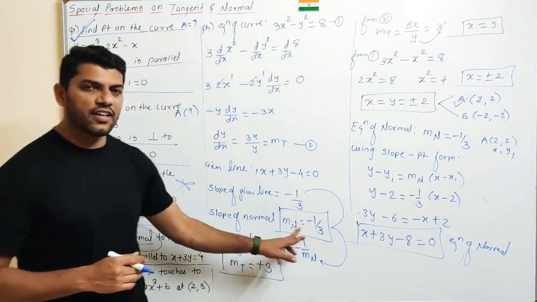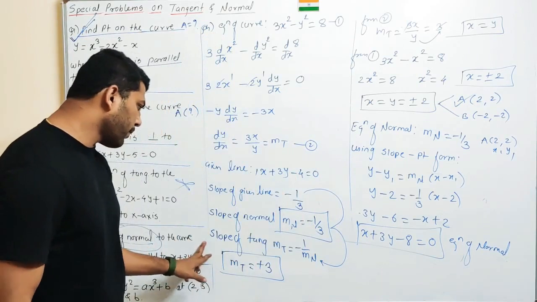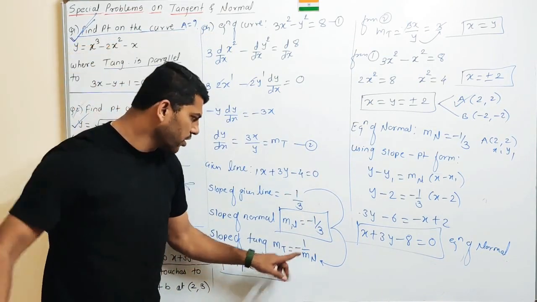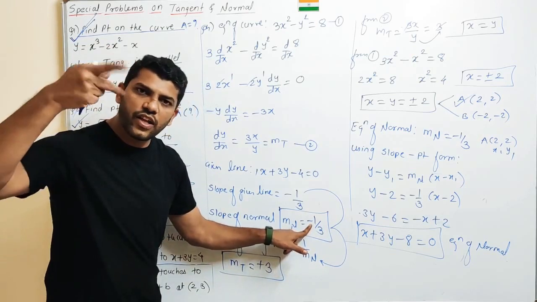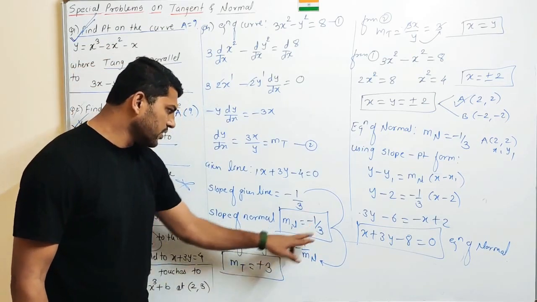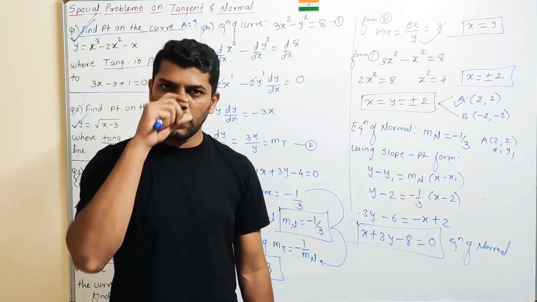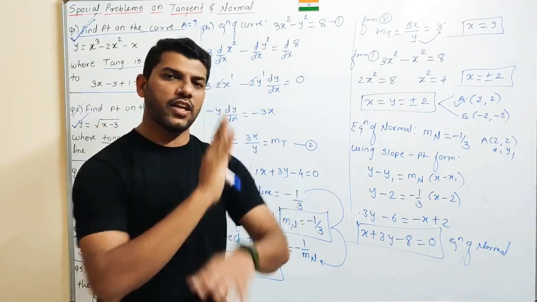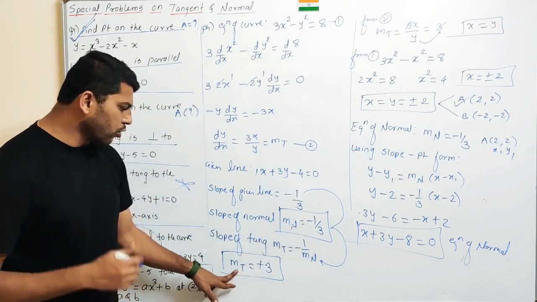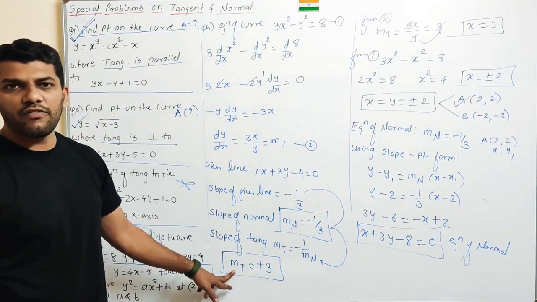But what about tangent? Tangent is a line perpendicular to the normal. So how to obtain the slope of tangent? Concept is negative reciprocal. If you apply the negative sign and if you take the reciprocal, minus becomes plus and the reciprocal leads to 3. So apply the negative reciprocal concept if it is a perpendicular thing, and since tangent and normal are perpendicular, obtain the slope of tangent by taking negative reciprocal of this value,